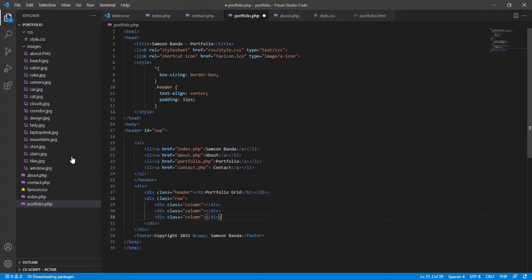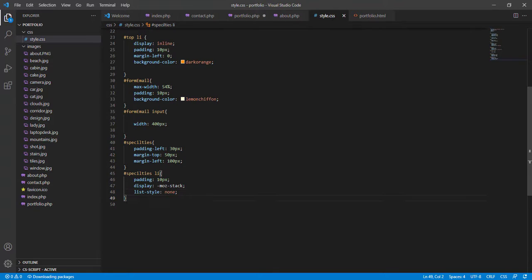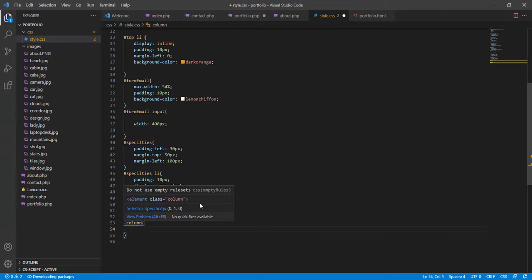And now we've got our content. So we now need a row and a column in our classes. In our styles, we need to come back and put a row. So it's a period, then row, and we open and close brackets. We also have a period and then column, and we open and close brackets as well. This means with these two, we now have a row and a column that helps us work with